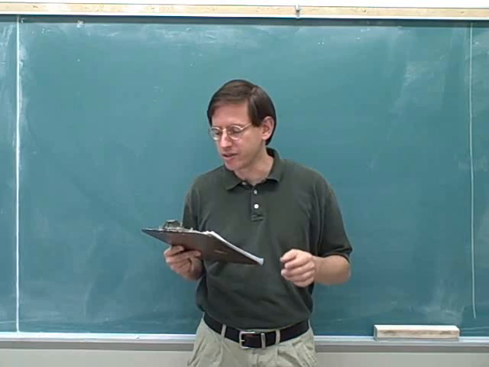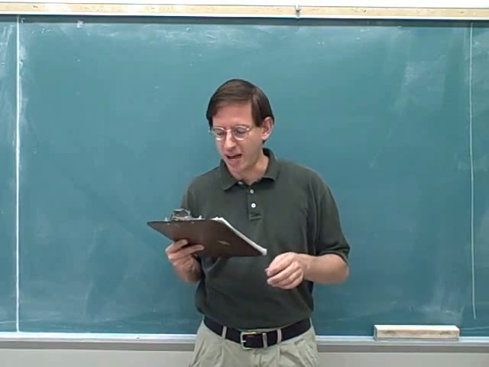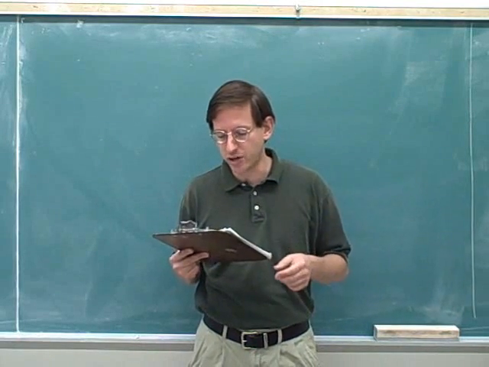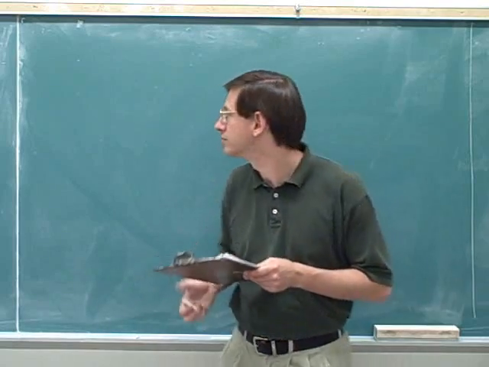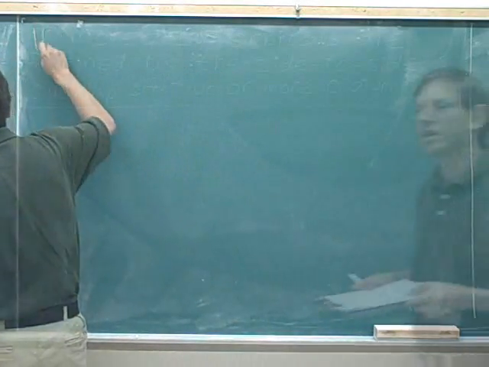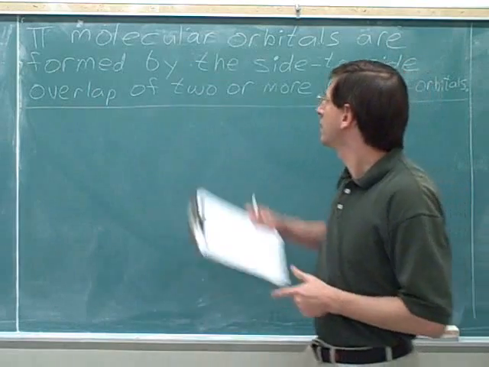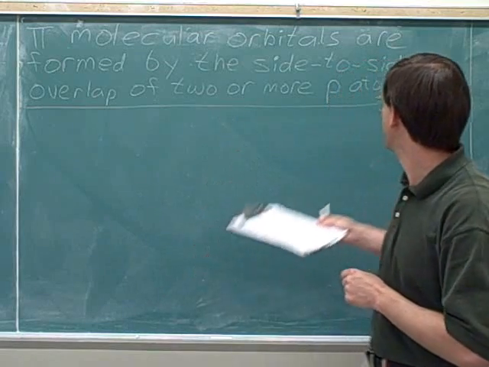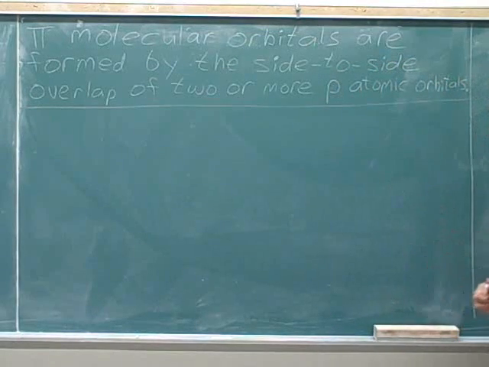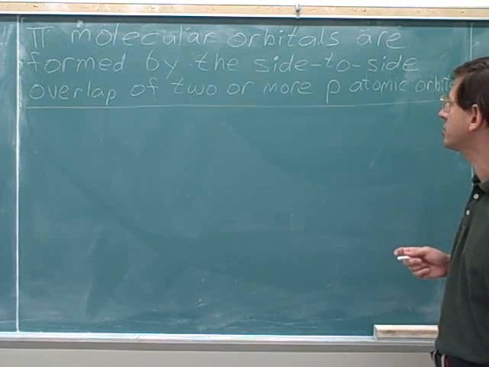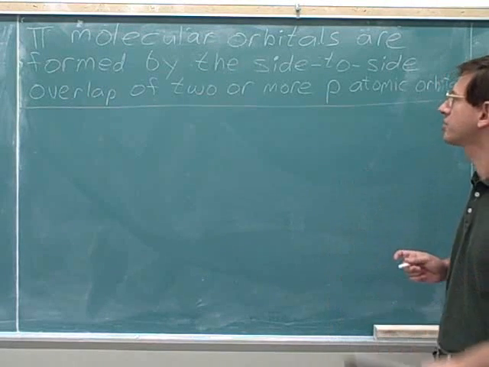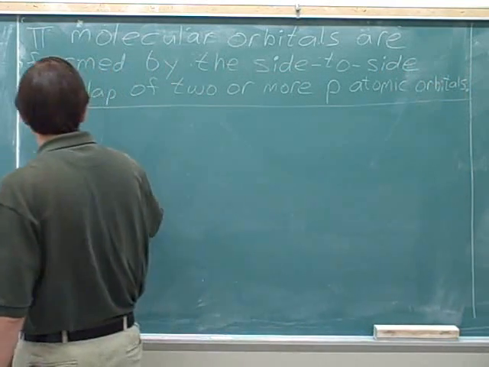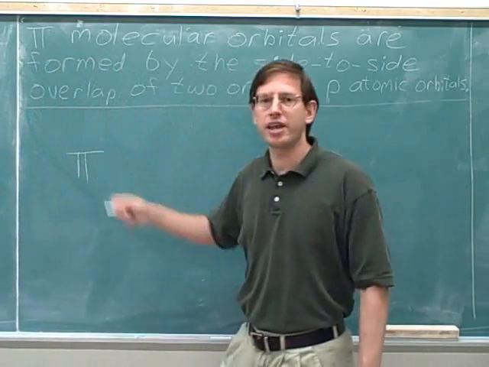Well, the pi molecular orbitals are formed from the side-to-side overlap of 2 or more p orbitals. Here's our definition of pi molecular orbitals. The pi molecular orbitals are the orbitals that are formed by the side-to-side overlap of 2 or more p atomic orbitals. And this definition shouldn't surprise you very much because it's consistent with what we said before. Remember that earlier we saw that the Greek letter pi